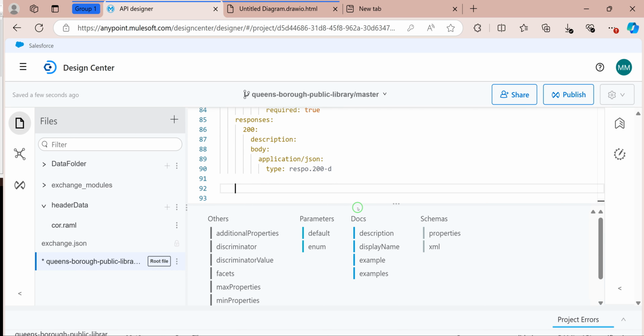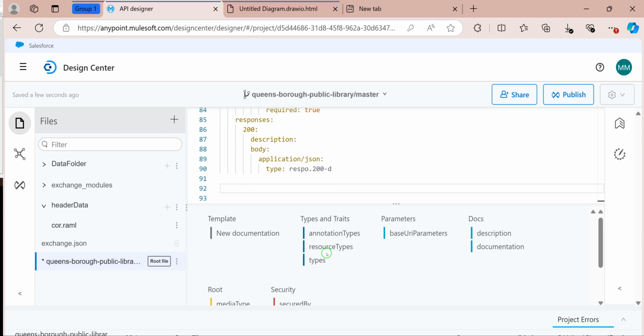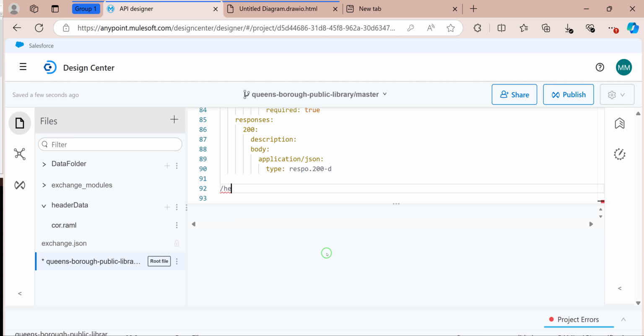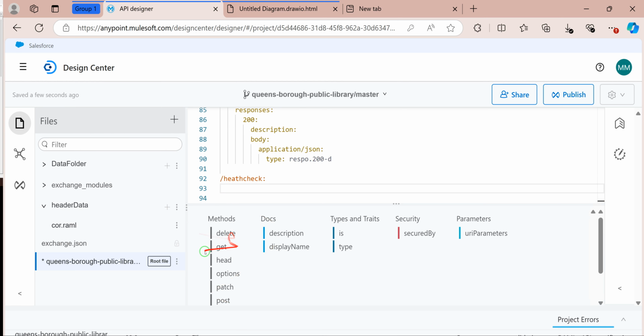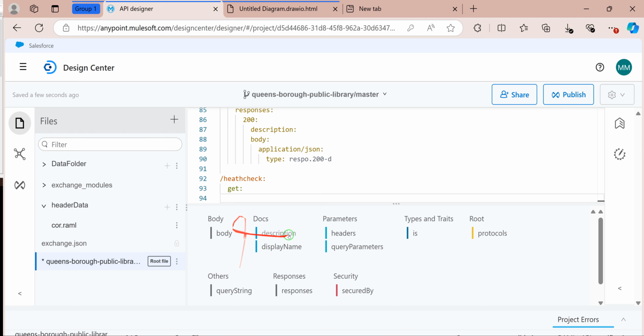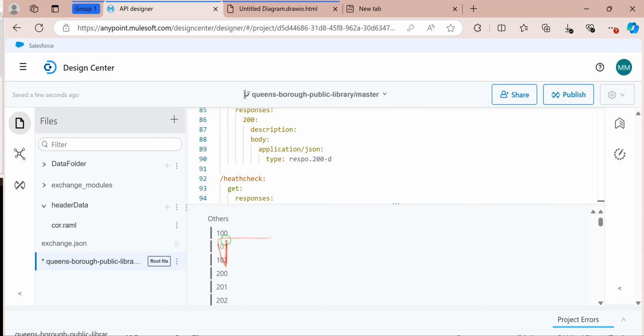So that's it. And also let's create one health check. Let's say in case this doesn't do good, I will say health check. I want to do the GET right away. When I send the request, they give me the response. I want a 200 response,